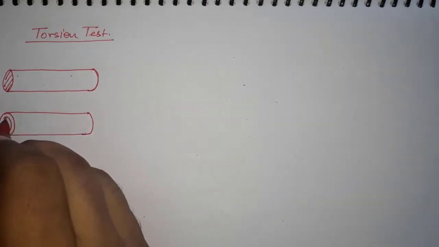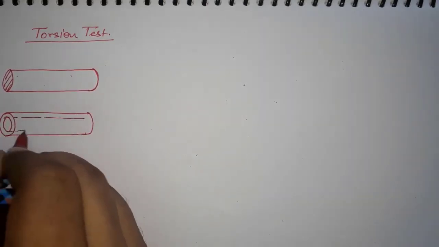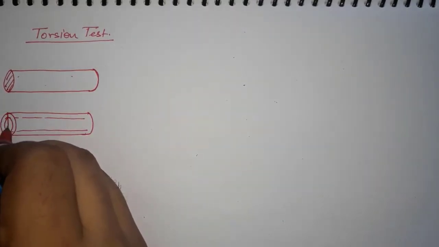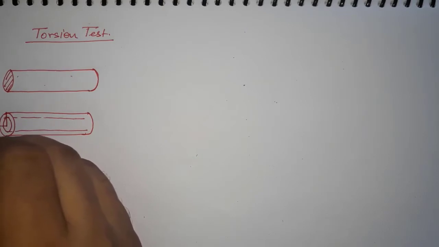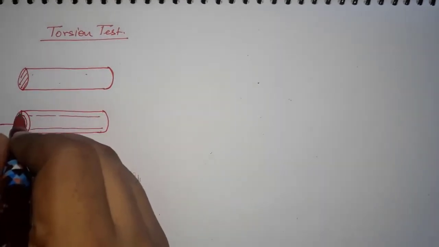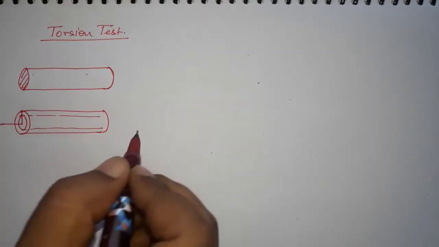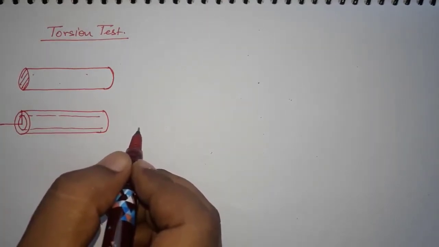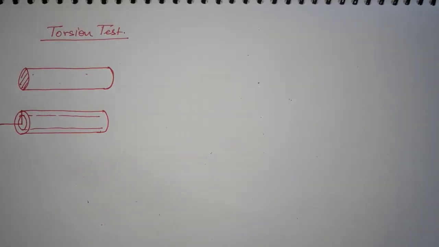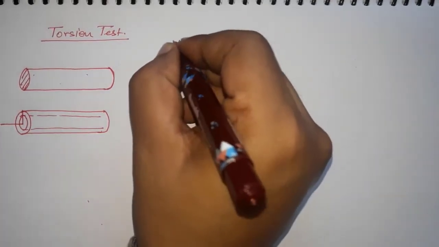Why we use hollow is because you will have some changes from the surface to the center in the stresses and hence in the moment. And why we will have this change from surface to center, that also we will try to understand. But before that, if we have to find out what is the torsion moment,